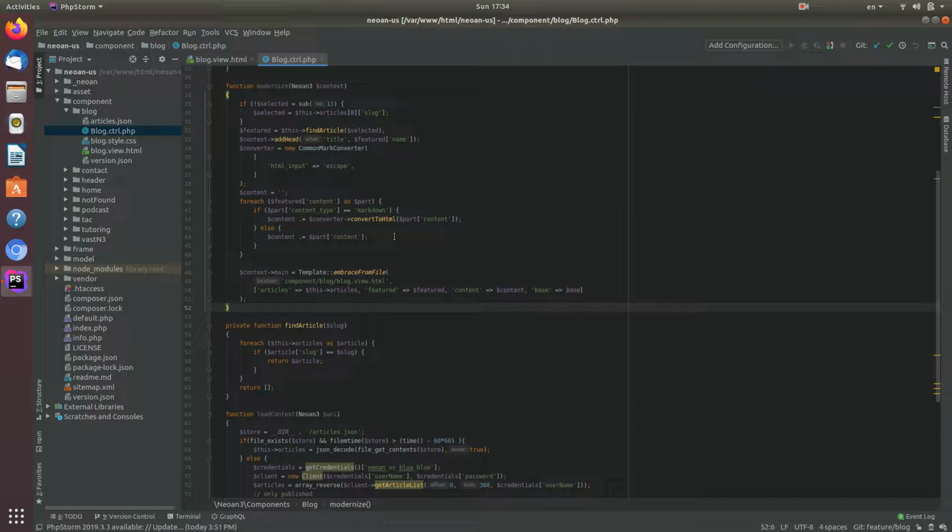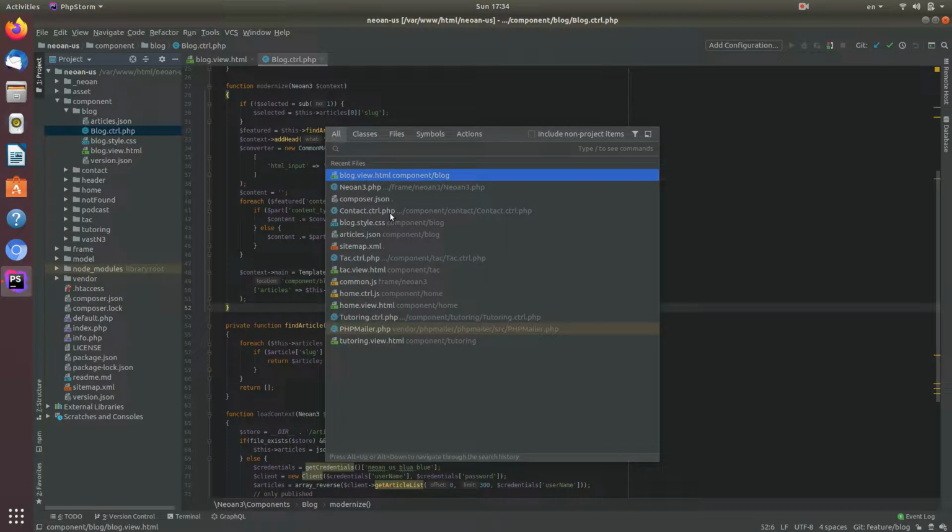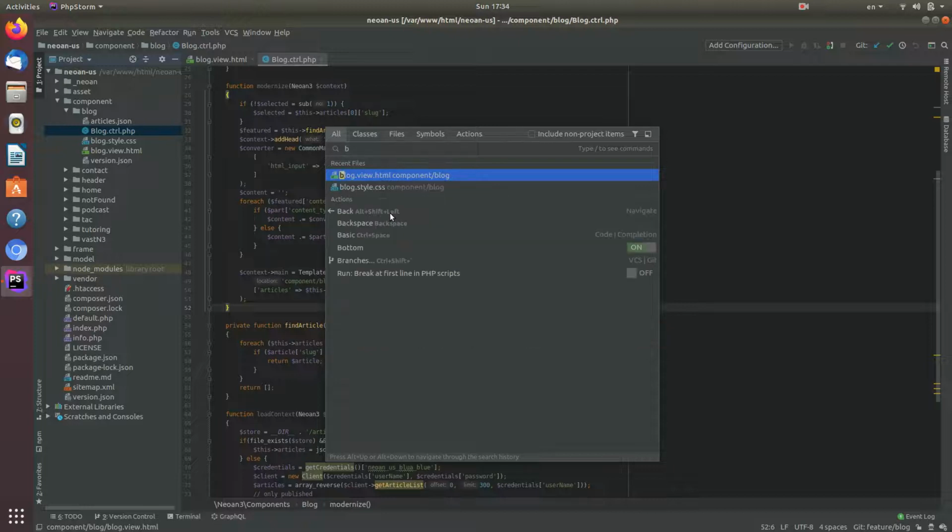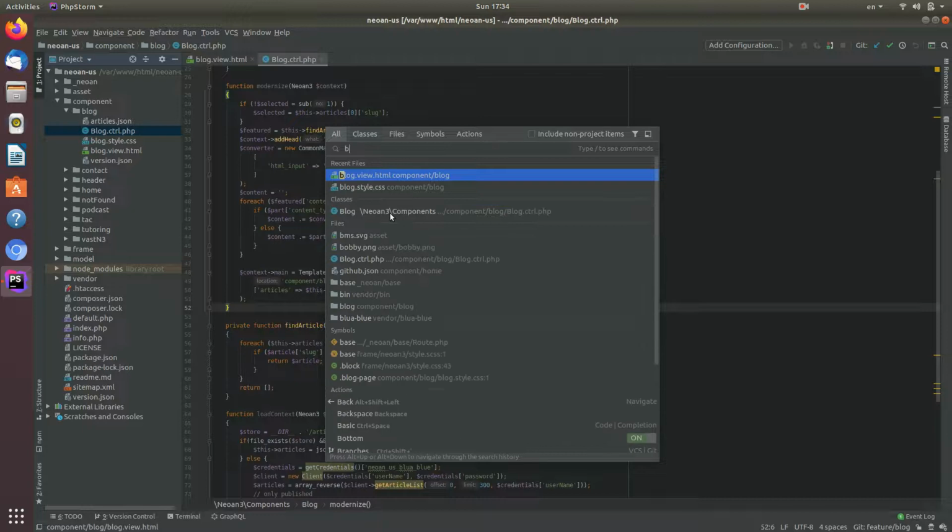Now, the double shift is a different way of navigation. That's something that is so prominent that I use it all the time. So you just hit shift twice, and I can start typing and navigate to a particular file. For example, if I want to find this blog controller, I start typing the blog,